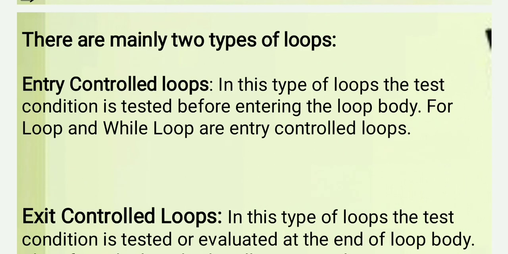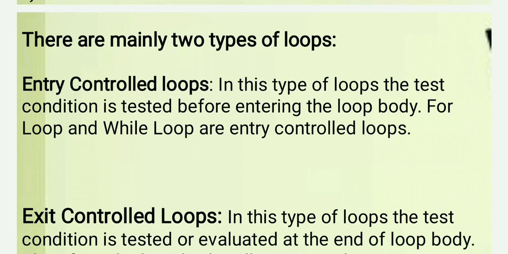And this code is very short also. Instead of writing it 10 times, just use the loop. Friends, now there are mainly two types of loops. First is entry controlled, second is exit controlled. As their names suggest, entry means at the time of entering the loop, and exit controlled means at the time of leaving the loop, at the place of exit.